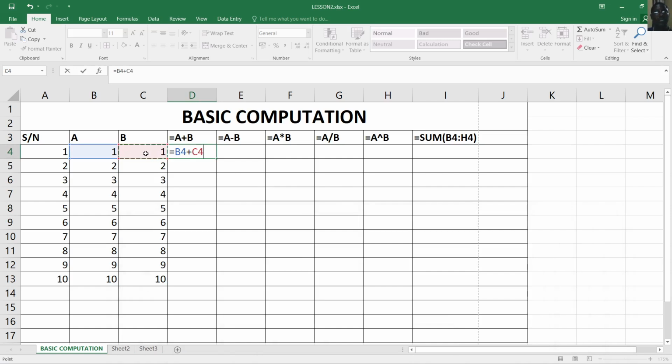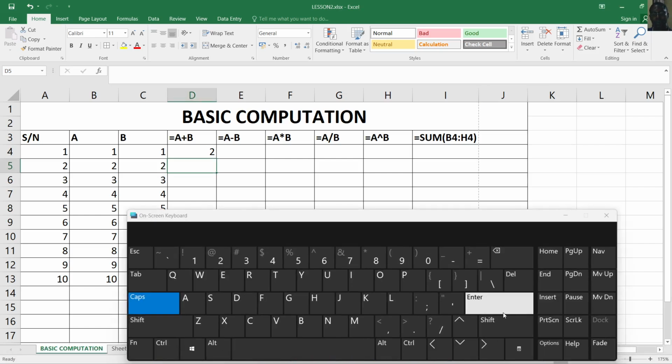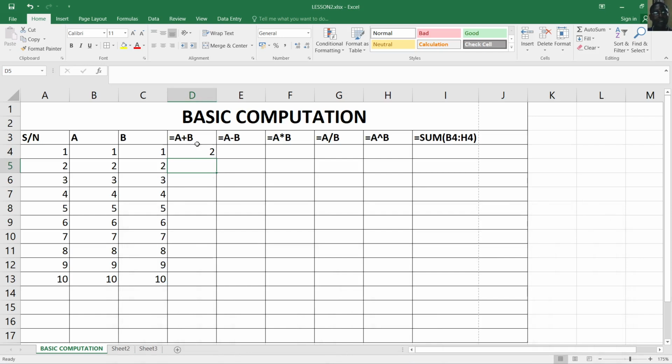Once you've done that, the equal sign means perform the calculation, and the command is to add the value in cell B4 plus the value in cell C4. Once you are done, you hit Enter on your keyboard. This is your Enter key. Whenever you finish a computation in Excel, or want to move to the next cell, you press Enter. So now instead of coming here and doing the same thing, what I simply have to do is